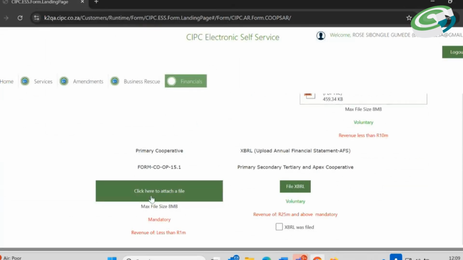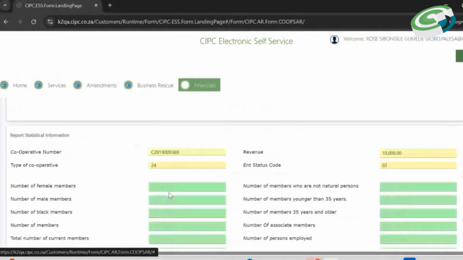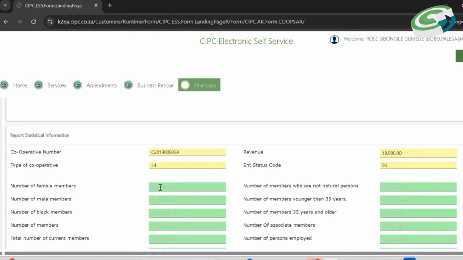Thereafter, scroll down to also attach the form COP 15.1. Then you click statistical report, you double click, then scroll up. Here you'll have to complete the information as required here. The number of females for your cooperative, the number of male members, the number of Black members, the number of